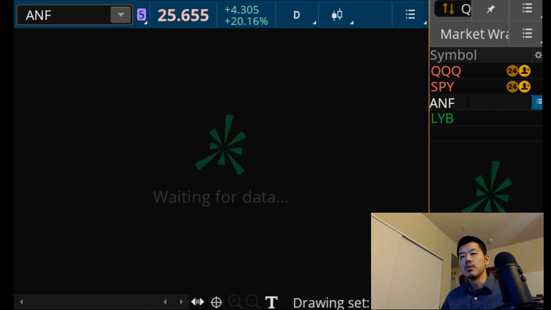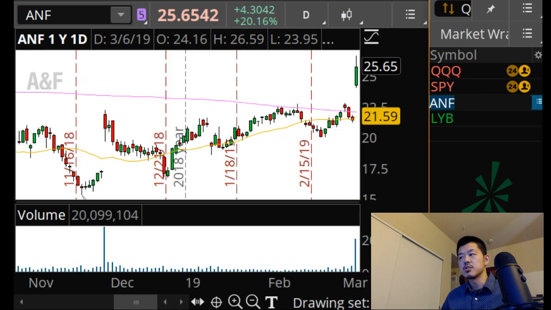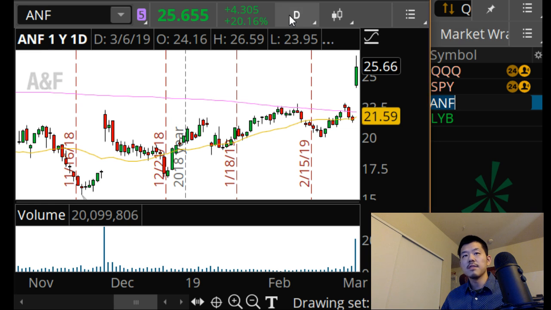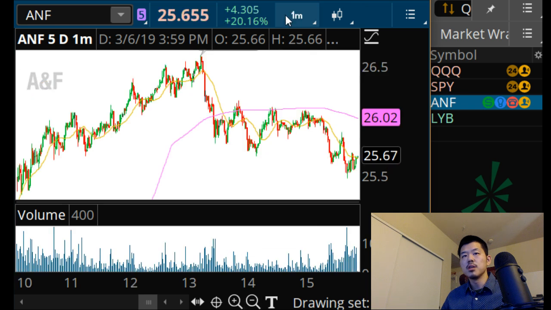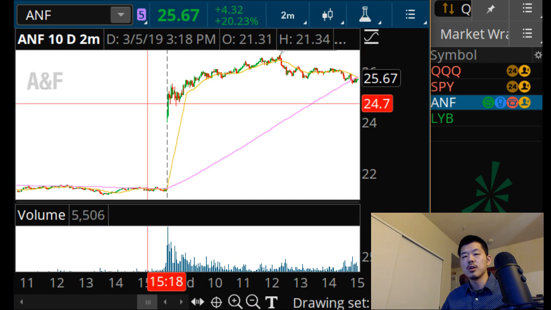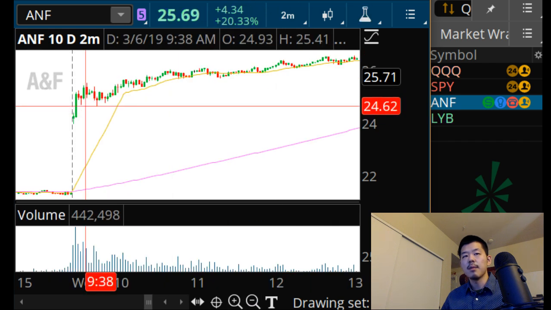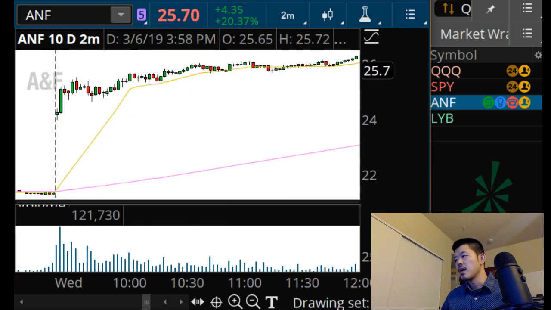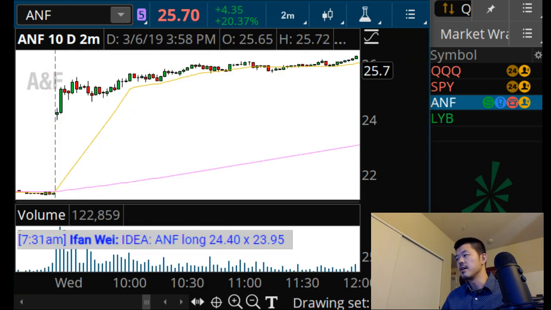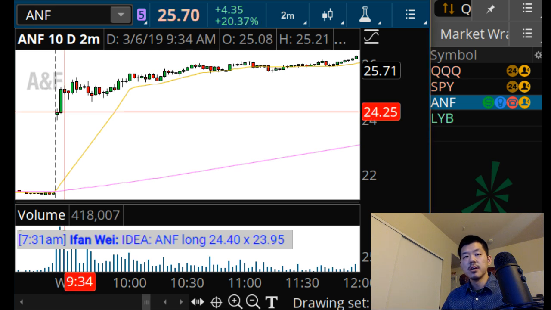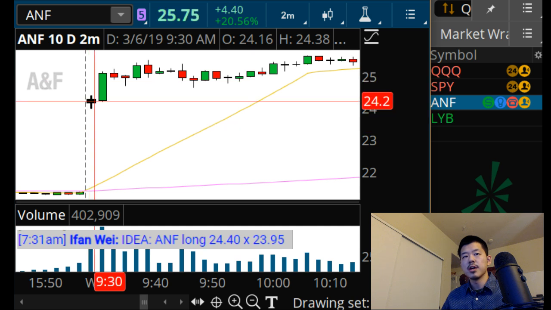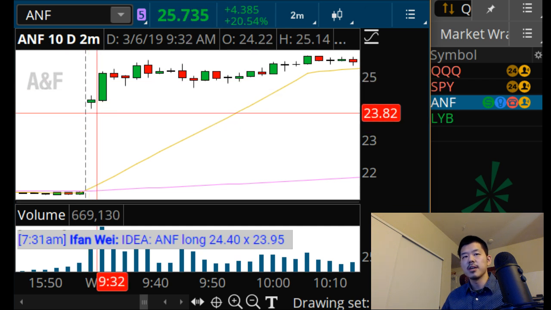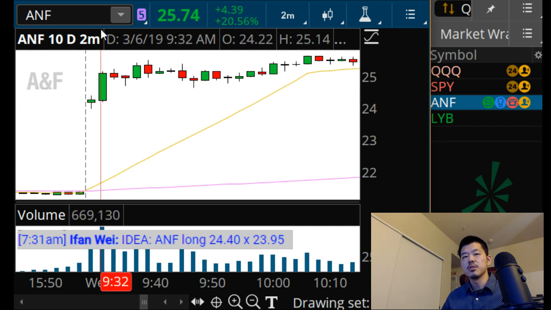So let's go into what we saw today. I had ANF as the #1 gap, so an aggressive entry is okay. I do consider 1 minute high lows, 2 minute high lows to be aggressive. You do want the entry to match up with the quality of the gap, and ANF was given this morning as just a 2 minute high low here. It gives you an opening range, shows two-way trading, means we got a topping tail, bottoming tail. Basically, we saw buying and selling occur, and then we got the resolution here.